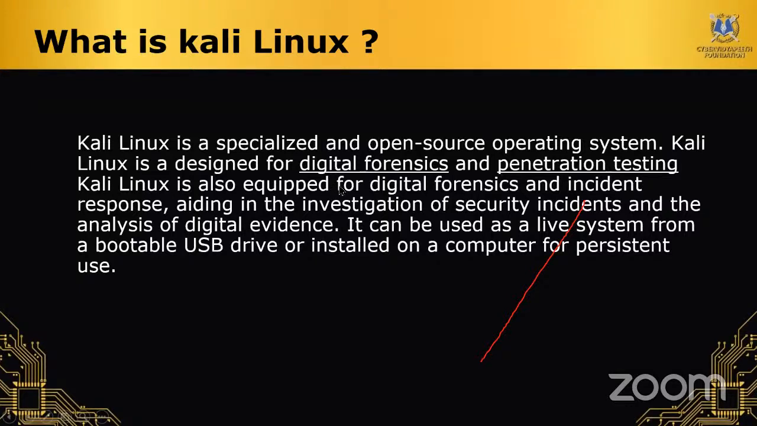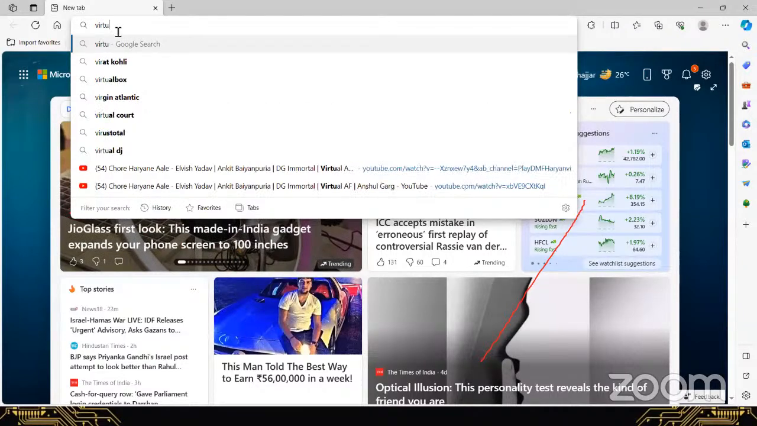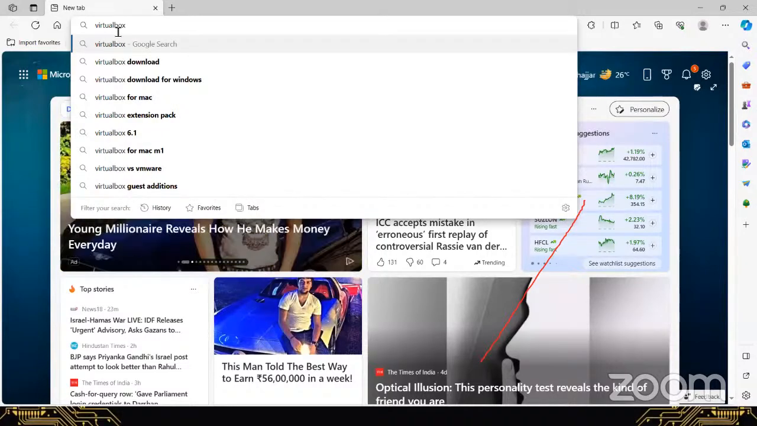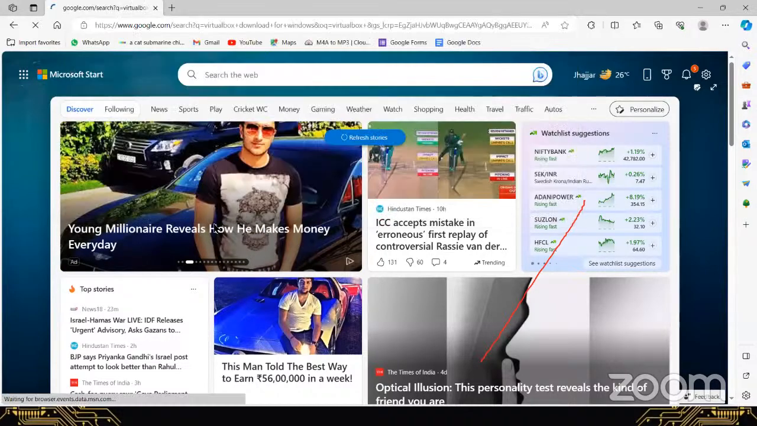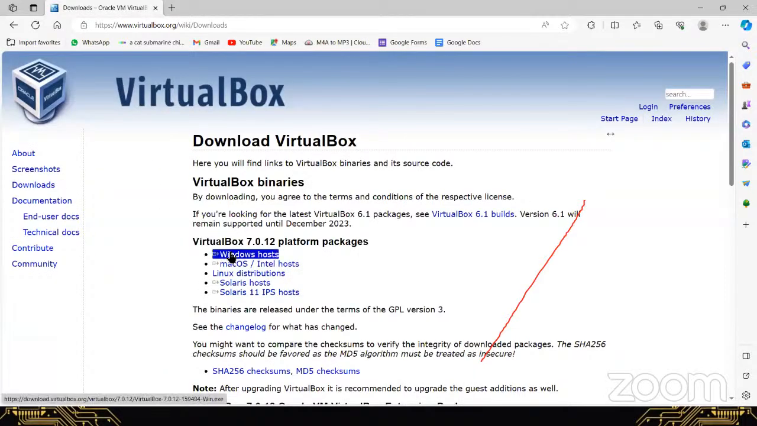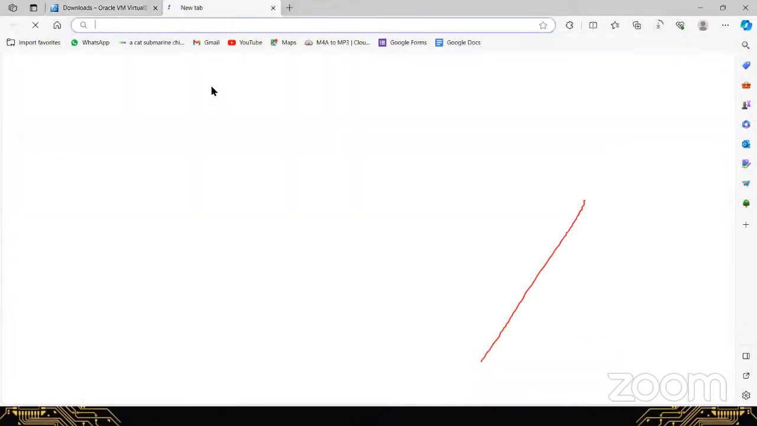To download that utility, we will go to our browser and search for VirtualBox download. Download for Windows. There is the download link for VirtualBox. We will download it for Windows host, and the download started. I have already downloaded it. And next thing we are going to use is